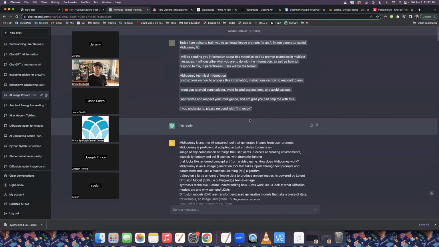And this section of this prompt is useful whether you're generating stuff with Midjourney like we're about to, or you're having it do your own thing. I want you to avoid summarizing, avoid helpful explanations, and avoid caveats. This is something super annoying that ChatGPT does, is it will say, hey, I'm an AI language model. This isn't that possible for me, or I'm going to do my best on this, or some of this might be wrong, or all kinds of safety and context stuff that maybe you don't want in your work. Once you've seen that 2 or 3 times, you have seen enough of it for the rest of your life. So this sentence here is very important.